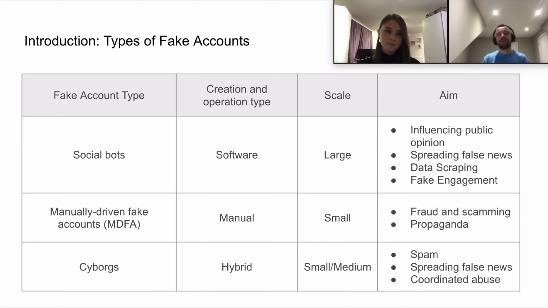In contrast, manual-driven fake accounts are set up for a specific purpose without using automation, and are then operated manually by attackers to gain personal benefit or push propaganda. The close similarity between actual users and manually driven fake accounts breaks traditional at-scale detection techniques, which focus on identifying automated behaviors. Hybrid fake accounts, sometimes called cyborgs, include fake accounts driven by bot-assisted humans or human-assisted bots. Cyborgs are often used for the same purpose as social bots, such as spam and false news.